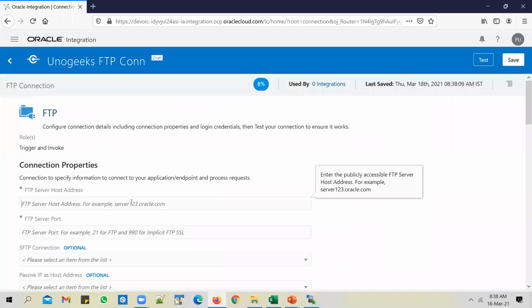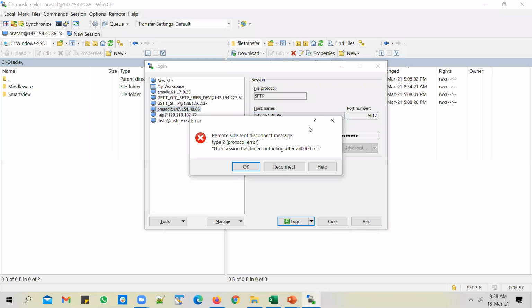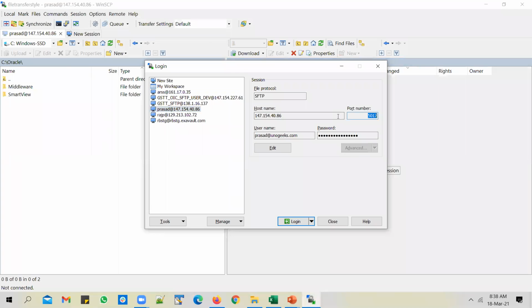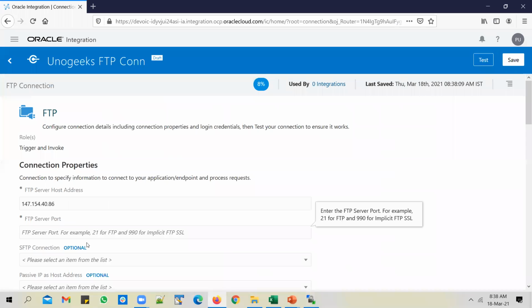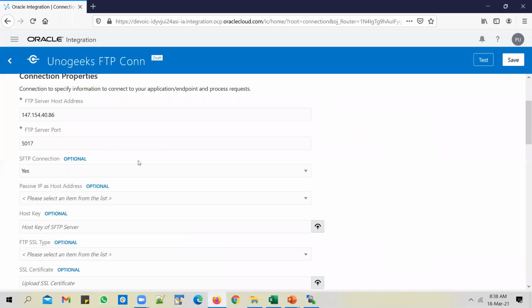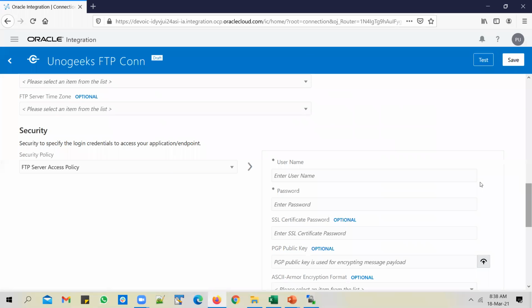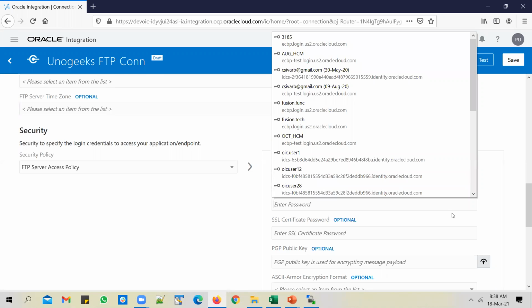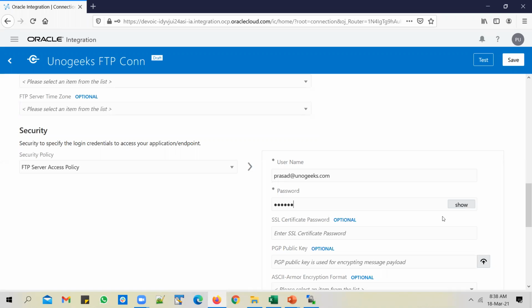So key in your SFTP host name, SFTP port, and mention whether it is an SFTP connection or not. Even though it's optional, you have to mention it as yes or no. And scroll down, and you have to enter the username and password.